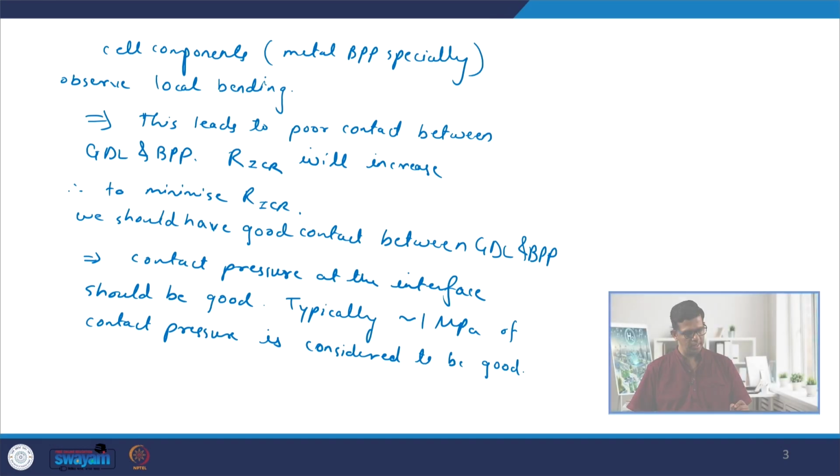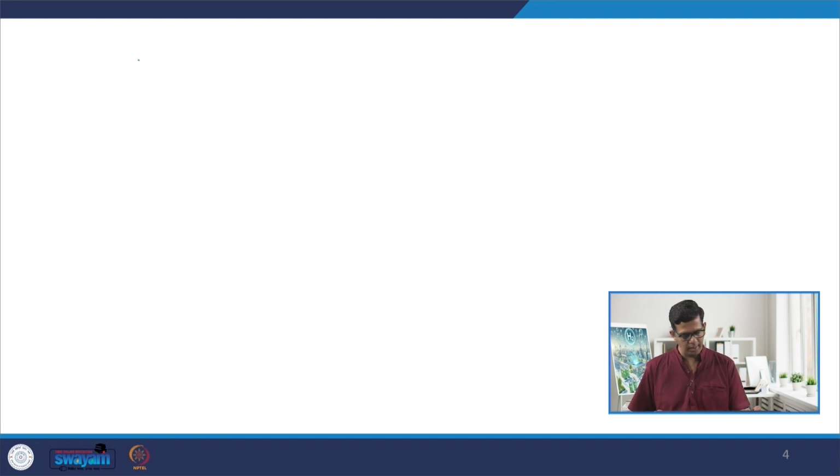In case of poor contact between the gas diffusion layer and the bipolar plate, this contact resistance will increase. So in order to minimize it, we should definitely have a good contact between the diffusion layer and the bipolar plate, and for that we need a good contact pressure at the interface. Typically, in case of planar structures, roughly 1 megapascal of contact pressure is considered good. So in other words, let us say if I have